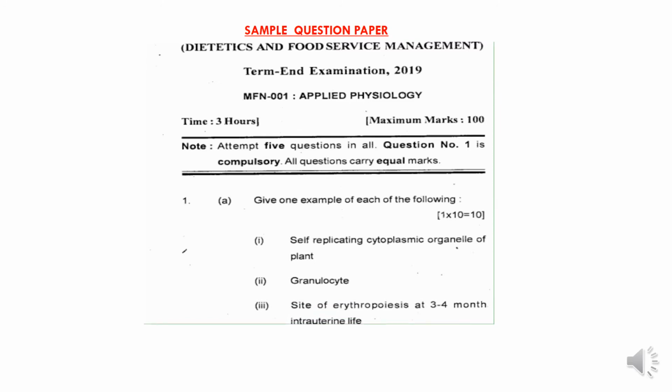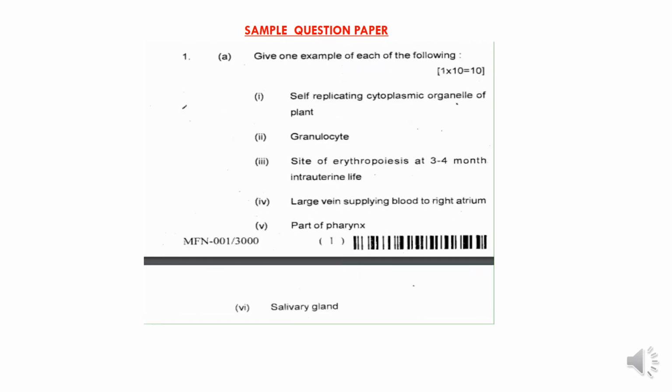Questions are always chapter-wise, because you will not get mixed questions. Suppose the first question is from the respiratory system, the second question is from the kidney system, and so on. After that you can play the video here. Every chapter has a video. Another thing is that question 1 is compulsory. You have to attempt question 1, and all questions carry equal marks. It has 10 parts. If you attempt every part, and it's very easy, you will score your marks very easily.